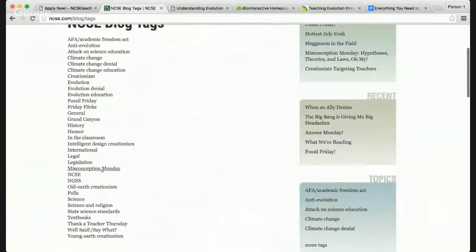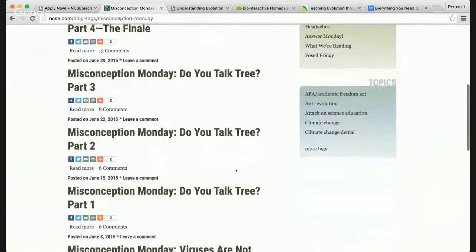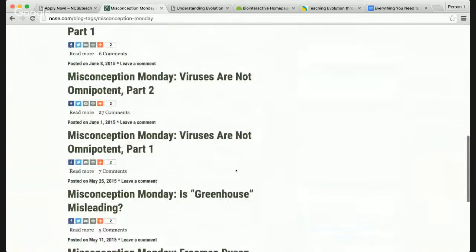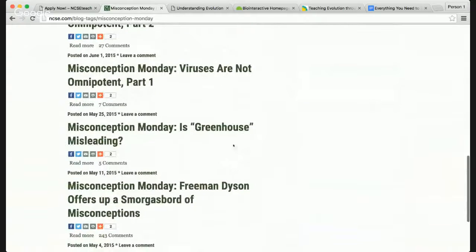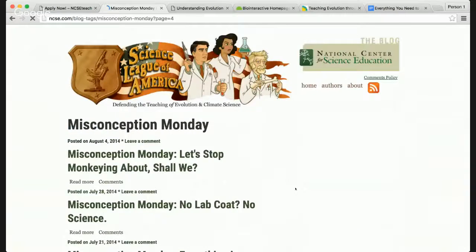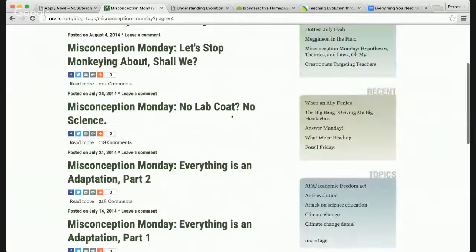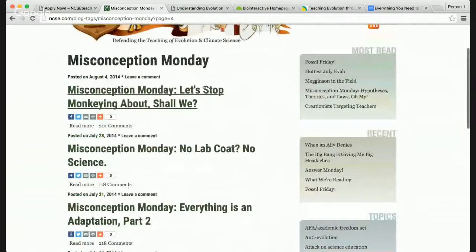Tags. Misconception Monday. So like Ralph said, I love misconceptions. And I did a whole series of Misconception Mondays where I talk about common misconceptions and how to address them, how to root them out in the classroom. My first one was about survival of the fittest, that phrase I hate, and then goes into all different kinds of things. So most of them are about evolution. There's a few climate change and process of science in there as well. But hopefully we're going to have these up on our new website under the educator materials, but this is how you can get to them here.